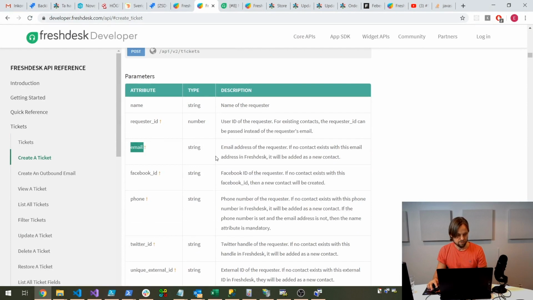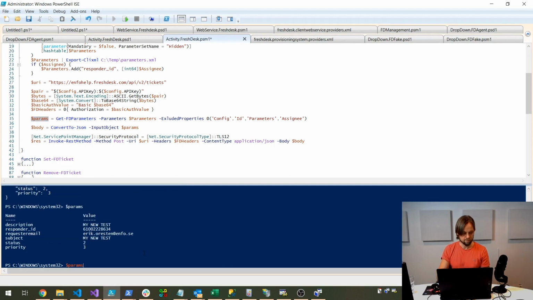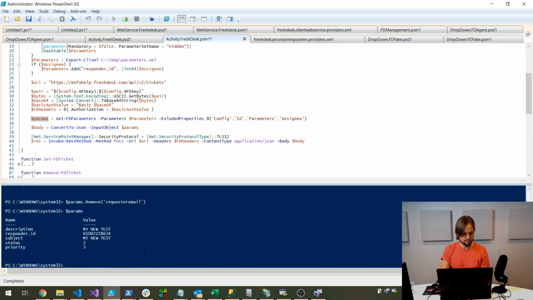So it's just supposed to be called email. So I will fix that by looking at our params and remove requester email. If we look at params again, it's gone. If we add email,